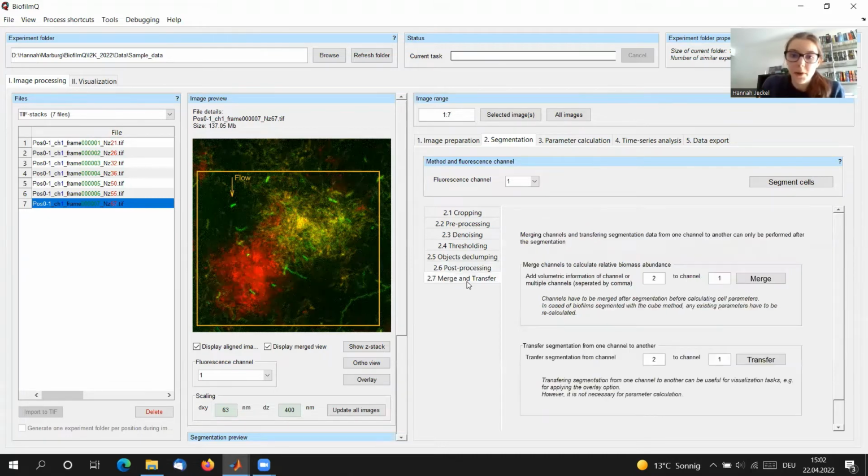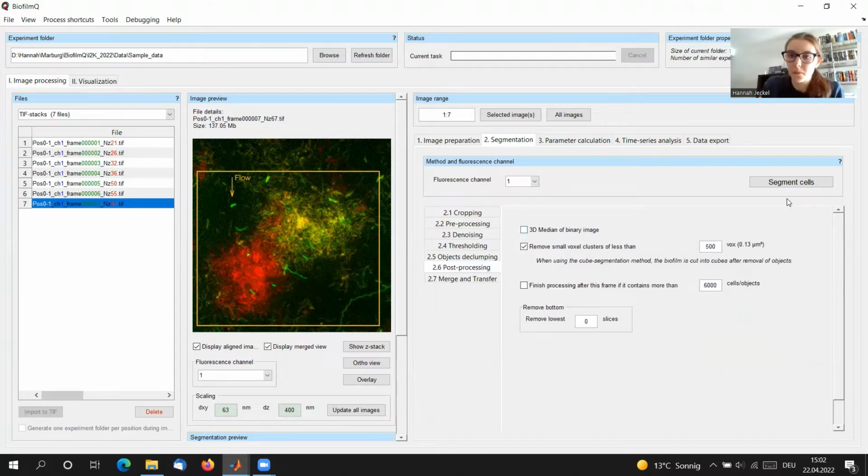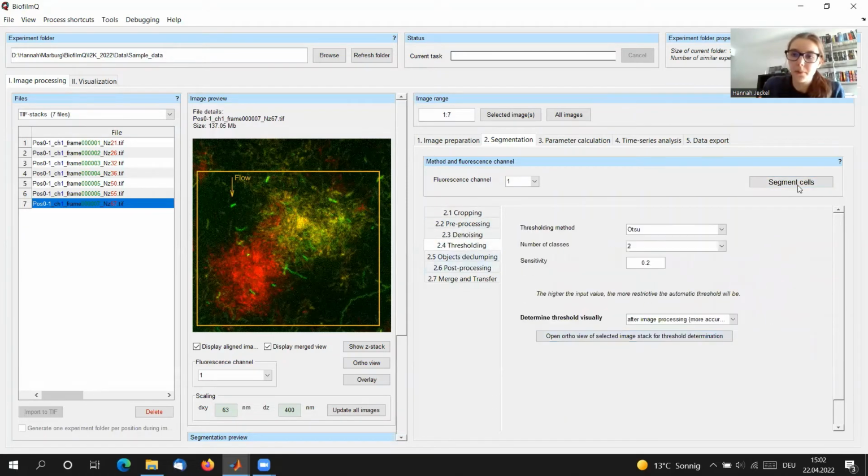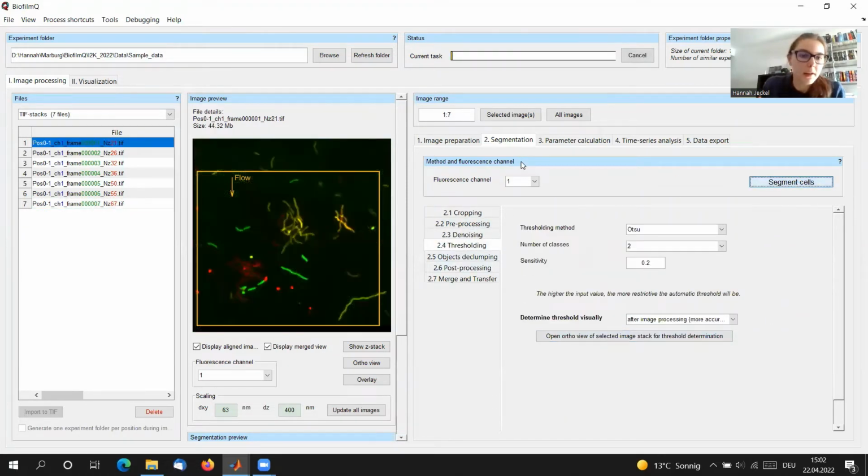All right, the merge and transfer is something that we are going to discuss a little bit more in the second part of the workshop. So I'm going to skip over this here. This is not something that is actually performed during segmentation, but will be performed after segmentation. So now we are going to segment the cells with these settings that we have chosen. And I expect that this is going to take a moment,